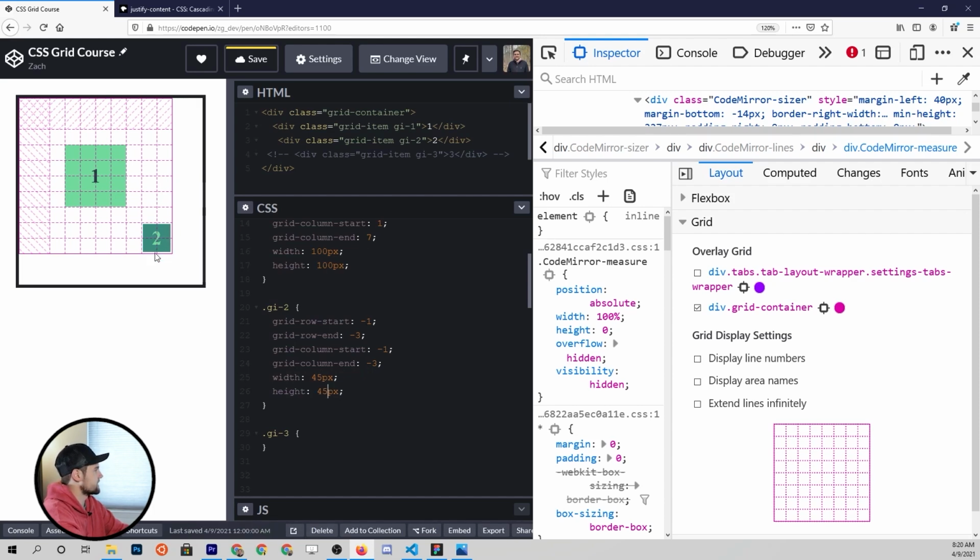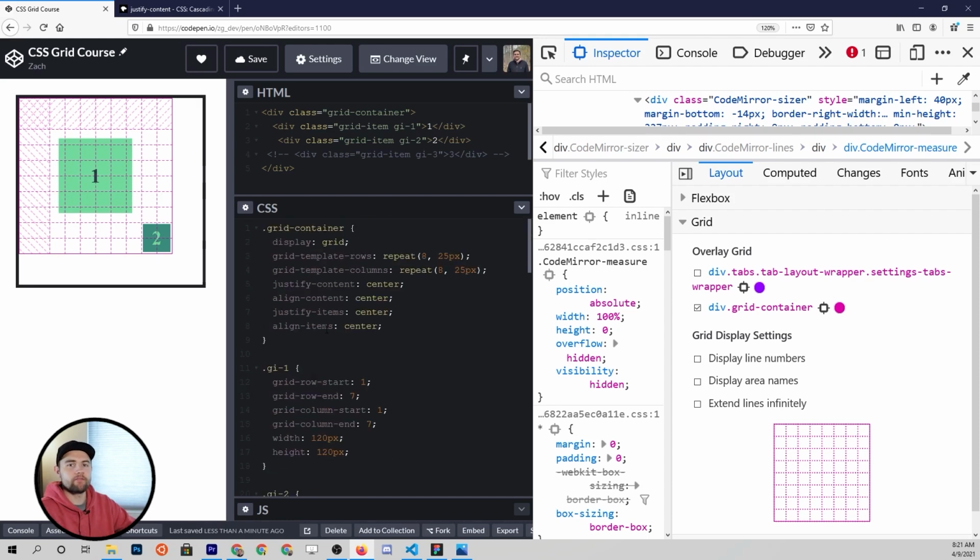And you can see it's kind of centered within that grid area. I'm going to change the 100 to 120 because it was perfectly fitting there. Now you can really see, if this is the grid area that we've defined, it's perfectly centered. At this point, we have the conditions set up to where we can just move things around really quickly and